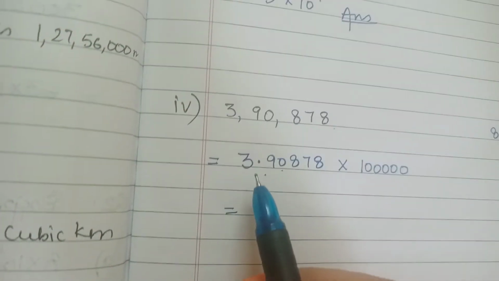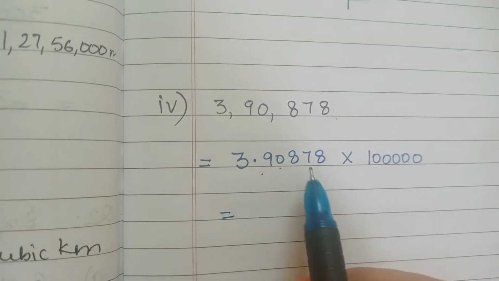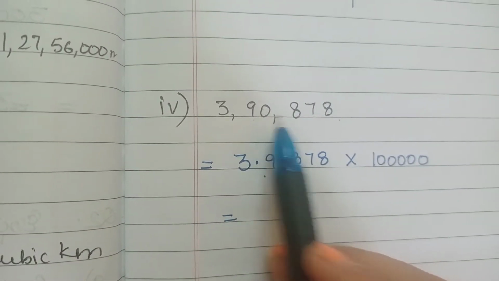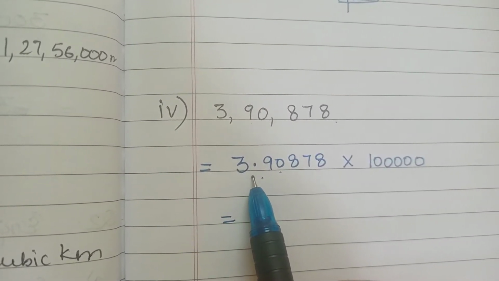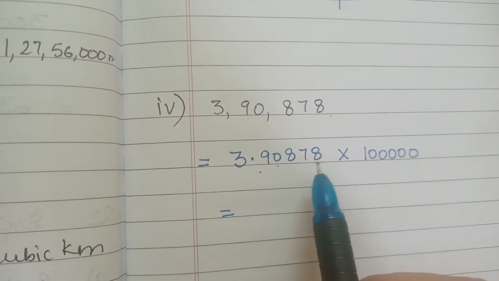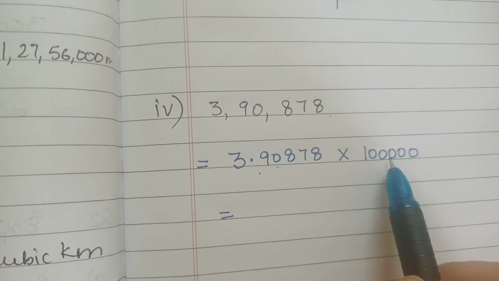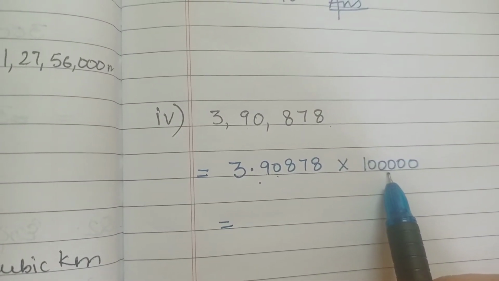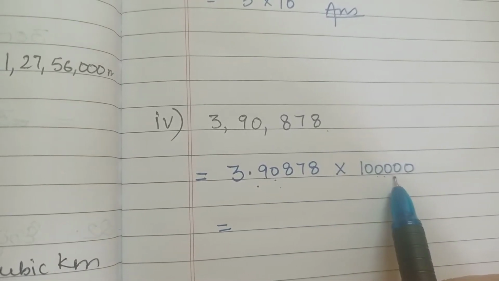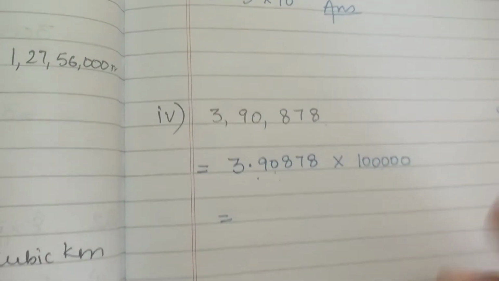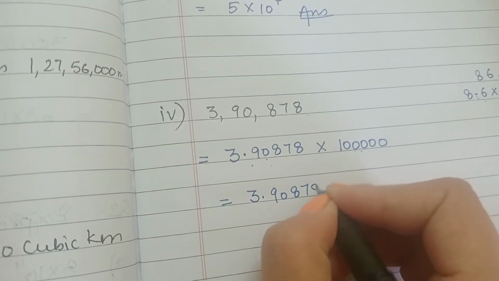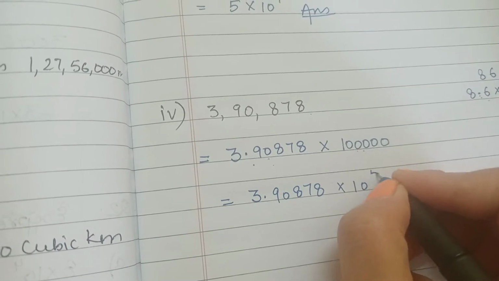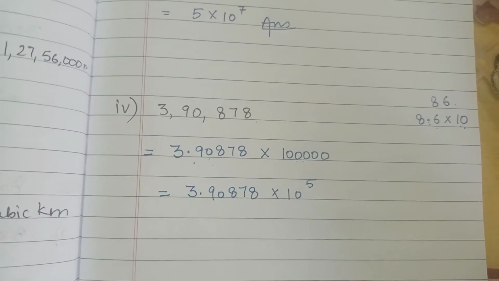So here also I have put a decimal after the first number, which means from the back if we count the numbers 1 2 3 4 5, before 5 numbers I have put a decimal here. And how many numbers are there after the decimal? 5. So that means I have added 5 zeros over here. If we multiply this number with these 5 zeros, we will get the same number. So now you just need to write this decimal number as it is, and write 10 raised to the power 5. So this will become the standard form for this number.